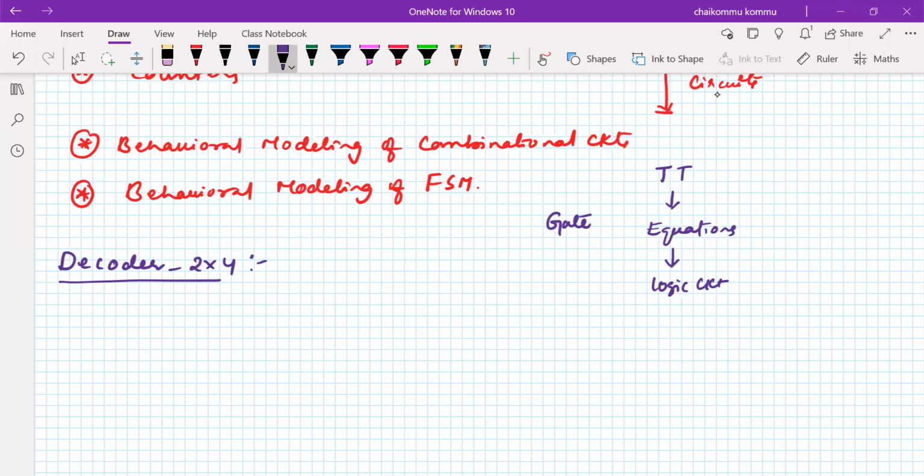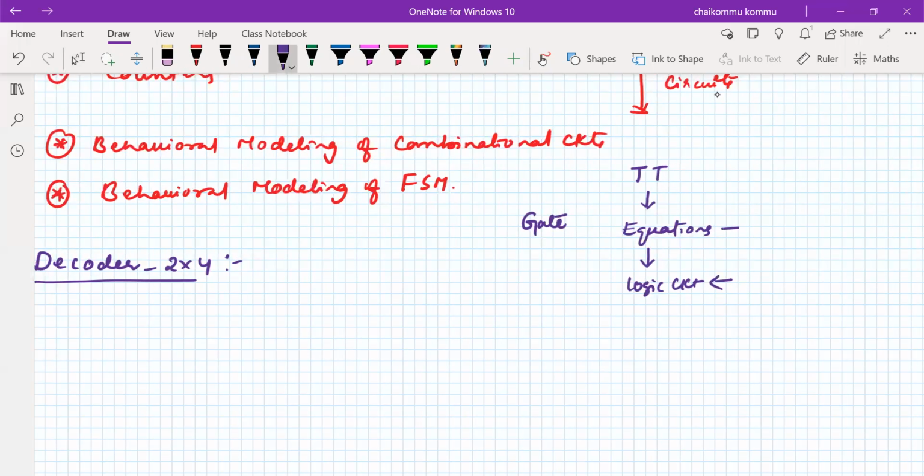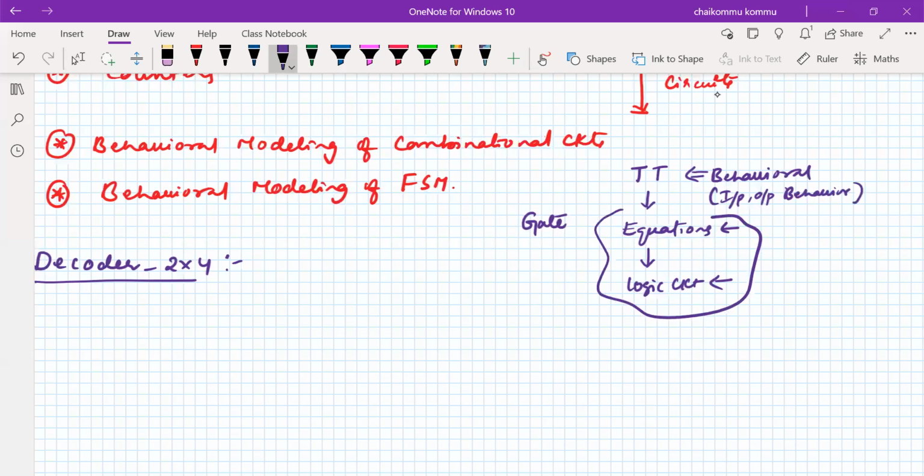Gate level modeling can be applied at this point, data flow modeling can be applied at this point, but here we can use behavioral modeling directly. So we don't bother about any other things. The input-output behavior is more than sufficient.